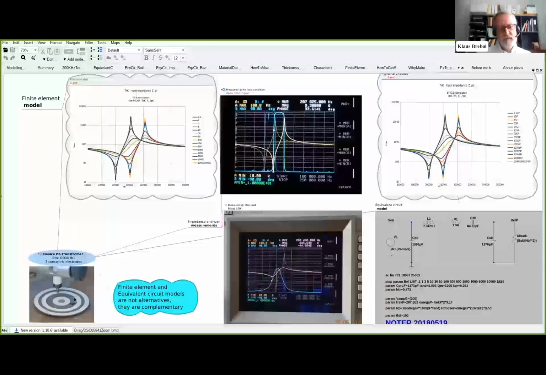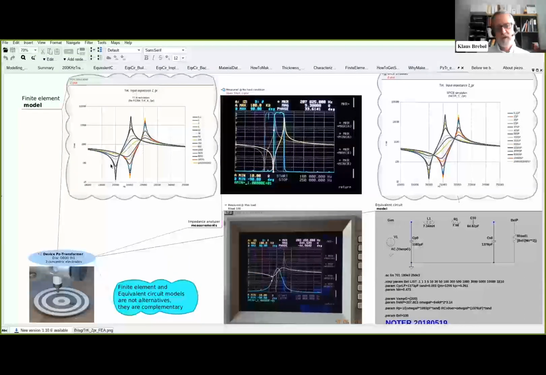And having seen that, it was time to make a prototype. And after having made the prototype, the same measurements were made in real life using an impedance analyzer. And you will see that in our no load condition, we have the same behavior, a high Q resonator. And then when we short circuit it, we have a shift in frequency, but otherwise the same behavior,